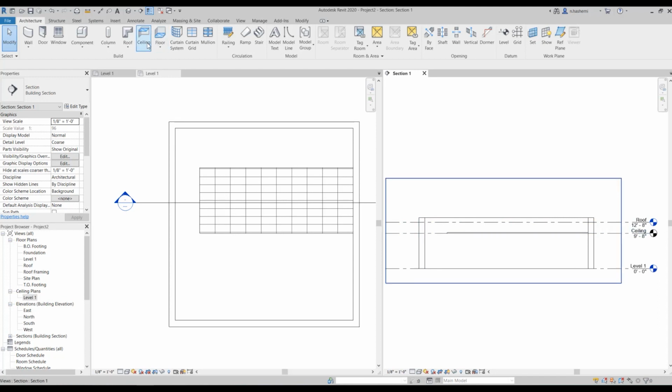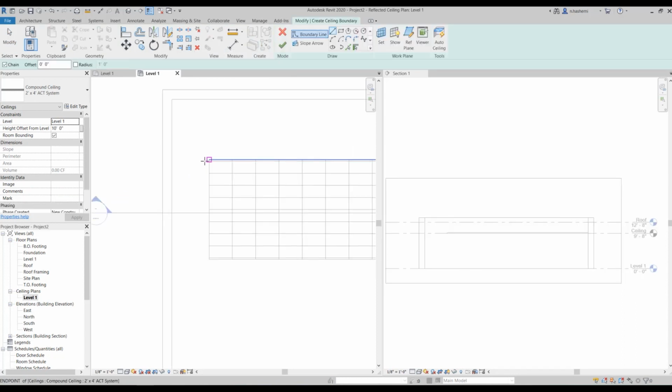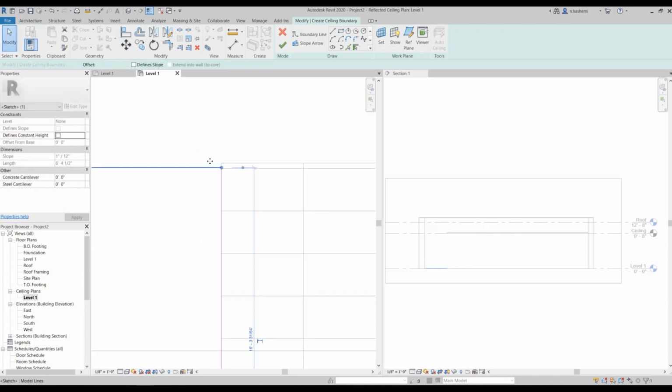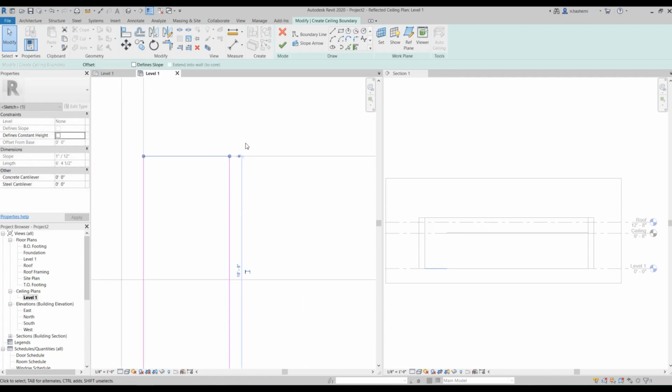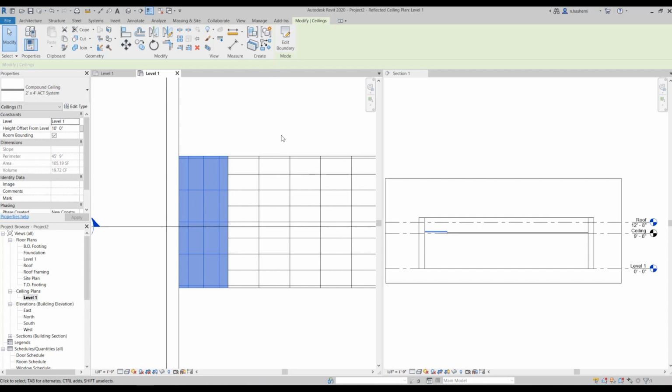So I'm going to create a ceiling. Let's switch to level 1. I'm going to create a ceiling by sketch. I'm going to draw one here. I'm going to move it. Now, you see how these patterns are different?